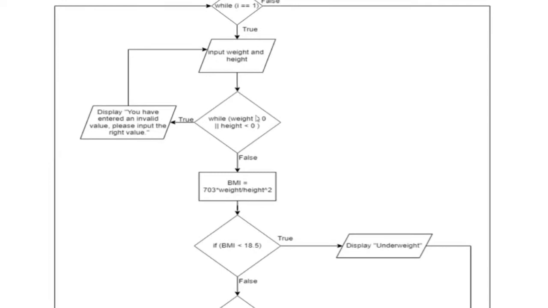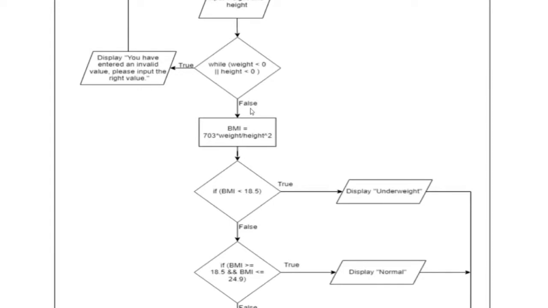After that, it will enter the while weight is less than 0 or height is less than 0. If it is true, the command window will display you have entered an invalid value. Please input the right value. Then the user will input the right value of their weight and height. If it is false, which means weight is greater than 0 or height is greater than 0, the